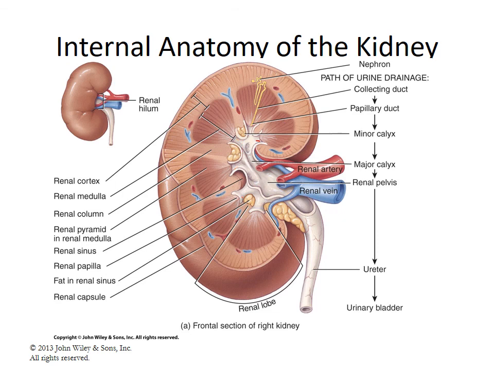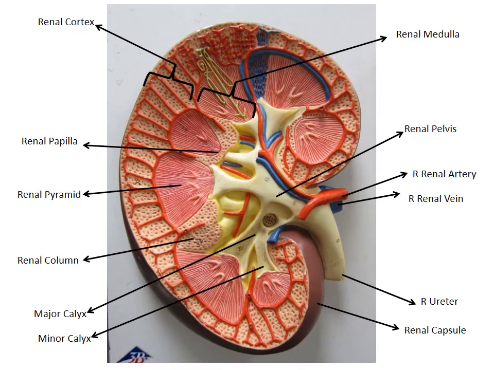Again, I'm going to switch to the next slide and look at the model again and show you pretty much the same thing. So this is a picture of the model. We have, again, the renal cortex, and then we have the renal medulla. It is simply the dividing line. Now, the renal cortex, like I said, is going to be the area that is going to have a lot of microscopic structures, which we'll look at in a minute. The renal medulla has the